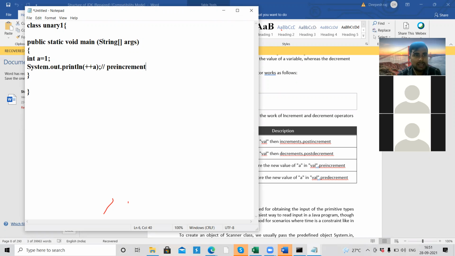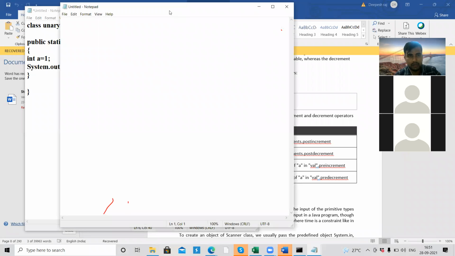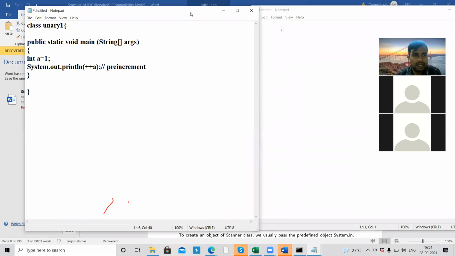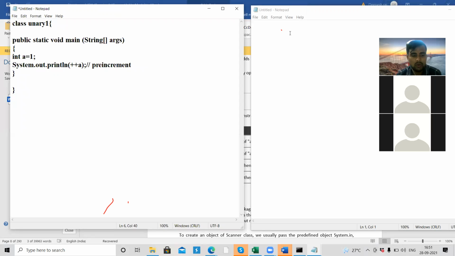Let me take one more window so that I can explain how the value is going to change. Execution will start, and the first line is int a equals 1, so it will put a equals 1. The next line is System.out.println, where we have used pre-increment. Pre-increment means increase the value of the variable by 1 and then store the new value to that variable.